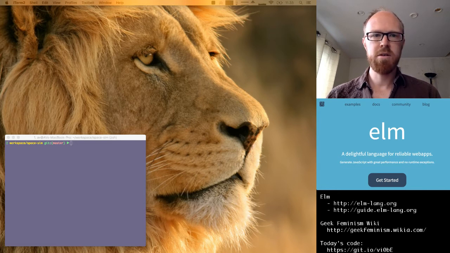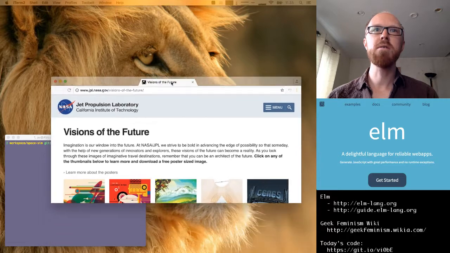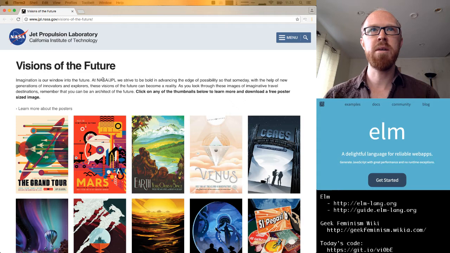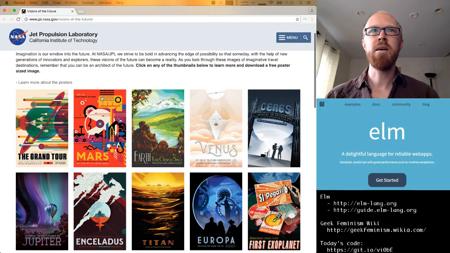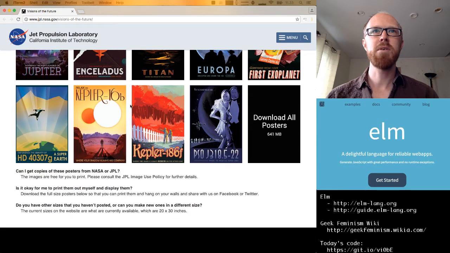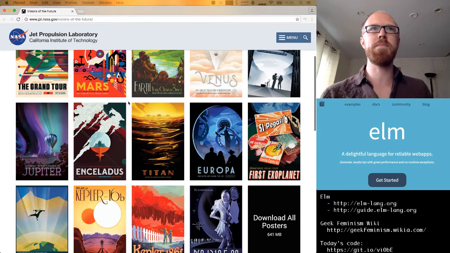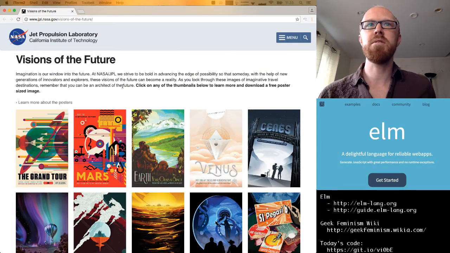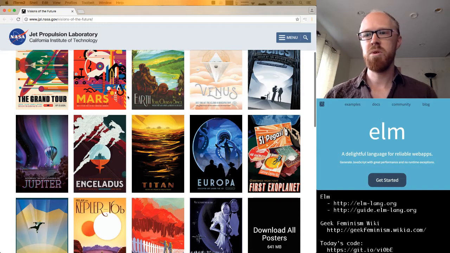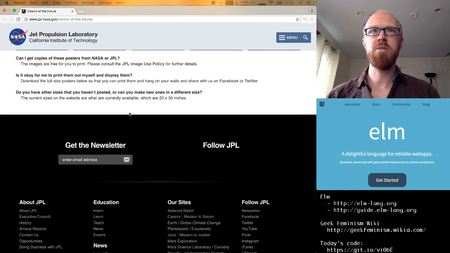Let's see. Before we jump in, I wanted to say a brief word about those slides I had up pre-roll. Those are some posters that were published by NASA and JPL, and they're all really cool posters talking about different planets that we've discovered, and they're all free for use. And I think there's places online where you can buy printed versions of these if you're interested. But these were published sometime last year. Really cool stuff.